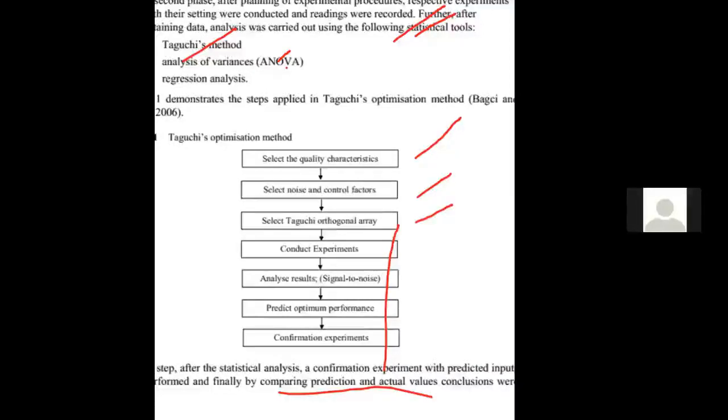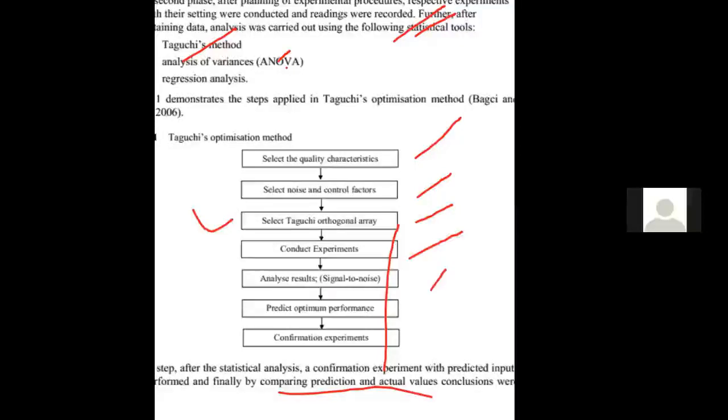As we have discussed in the previous slide, if the number of factors and number of levels increases, meaning levels raised to factors, your number of experiments is on the increasing side. We cannot conduct all the experiments. So you have to minimize the experiments in such a way that you do not lose any important information. So we will select a particular Taguchi array. Now, perform the experiments and analyze based on S by N ratio.